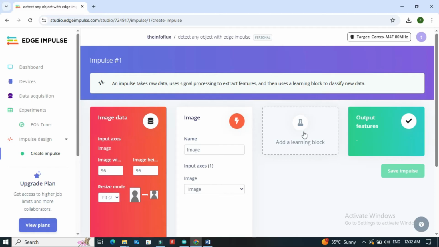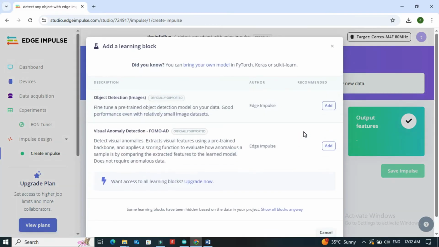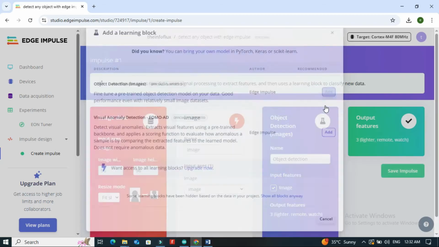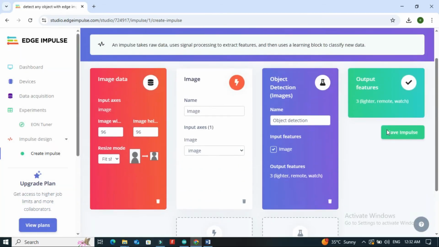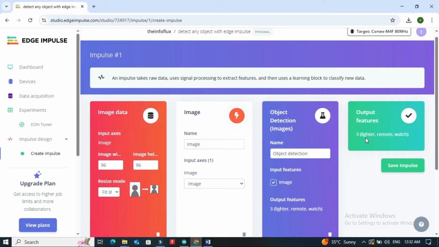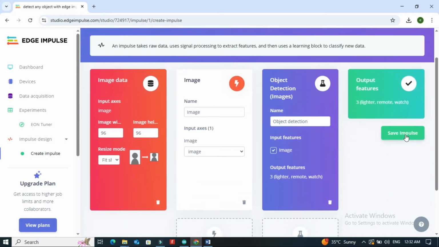Under Learning block, choose Object Detection. Click Save Impulse.